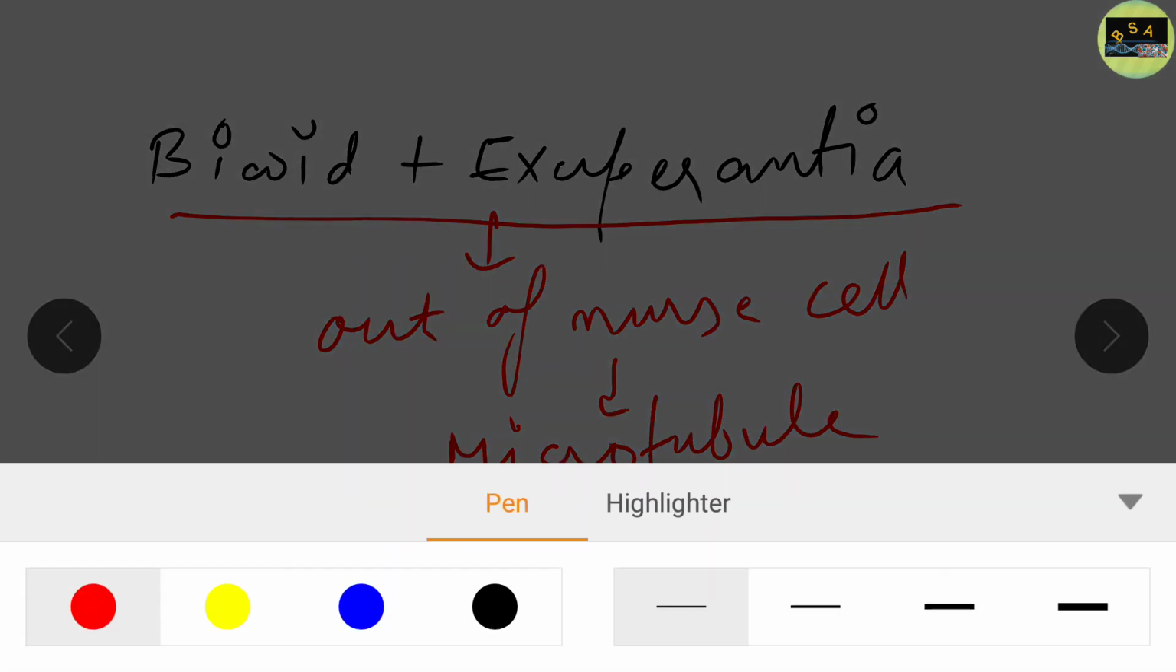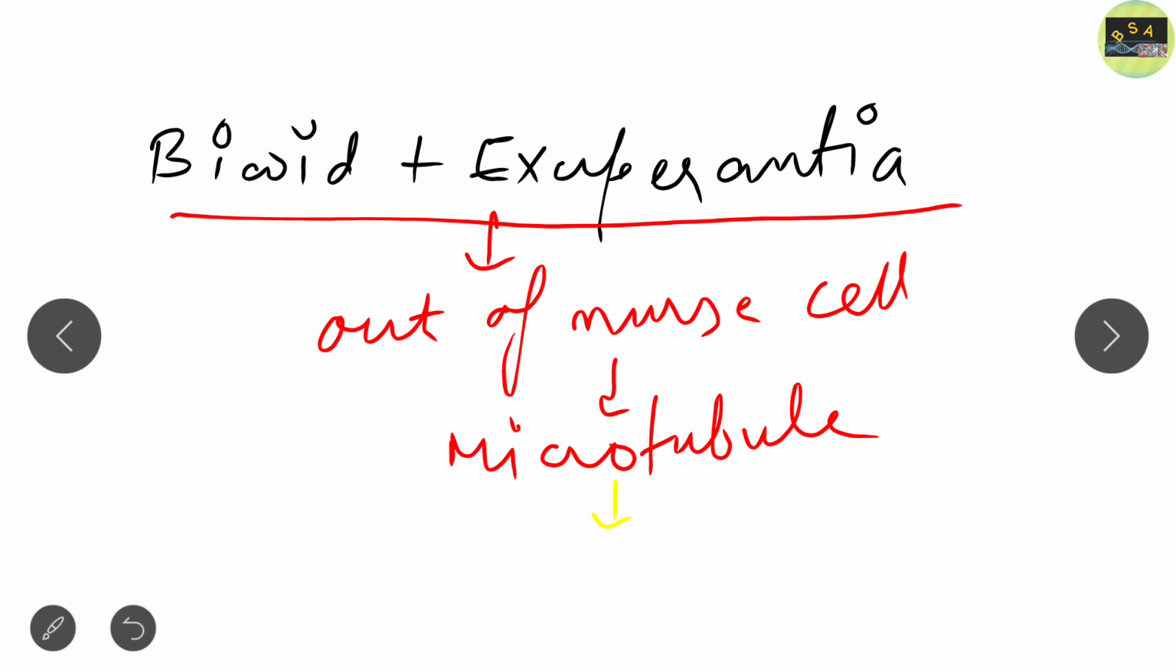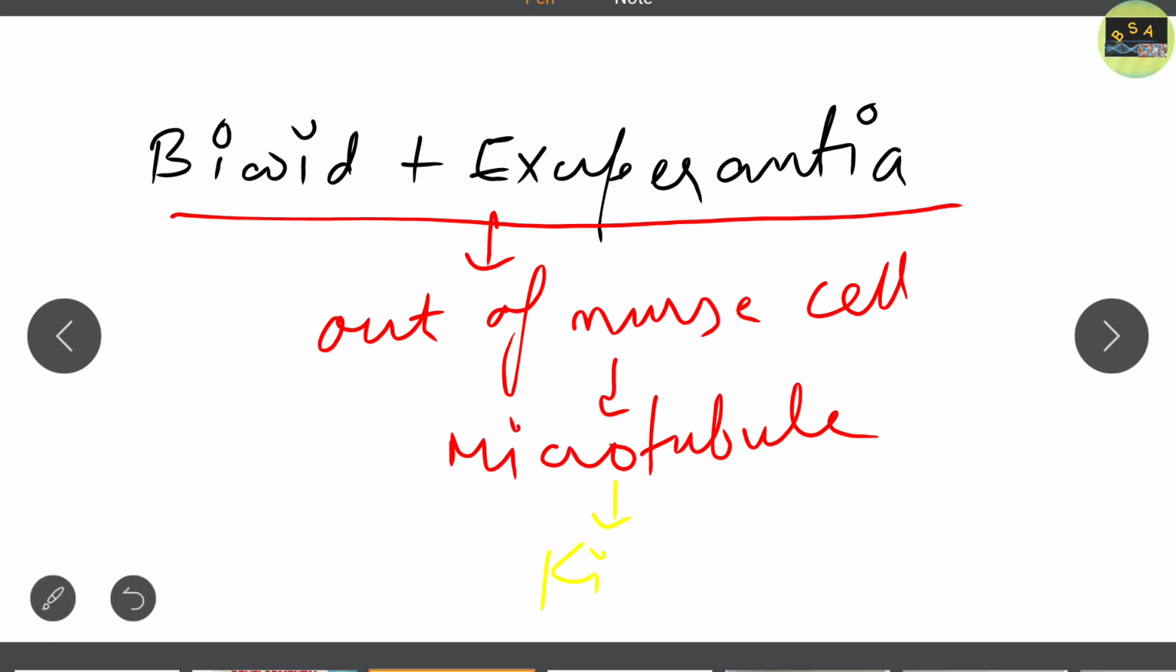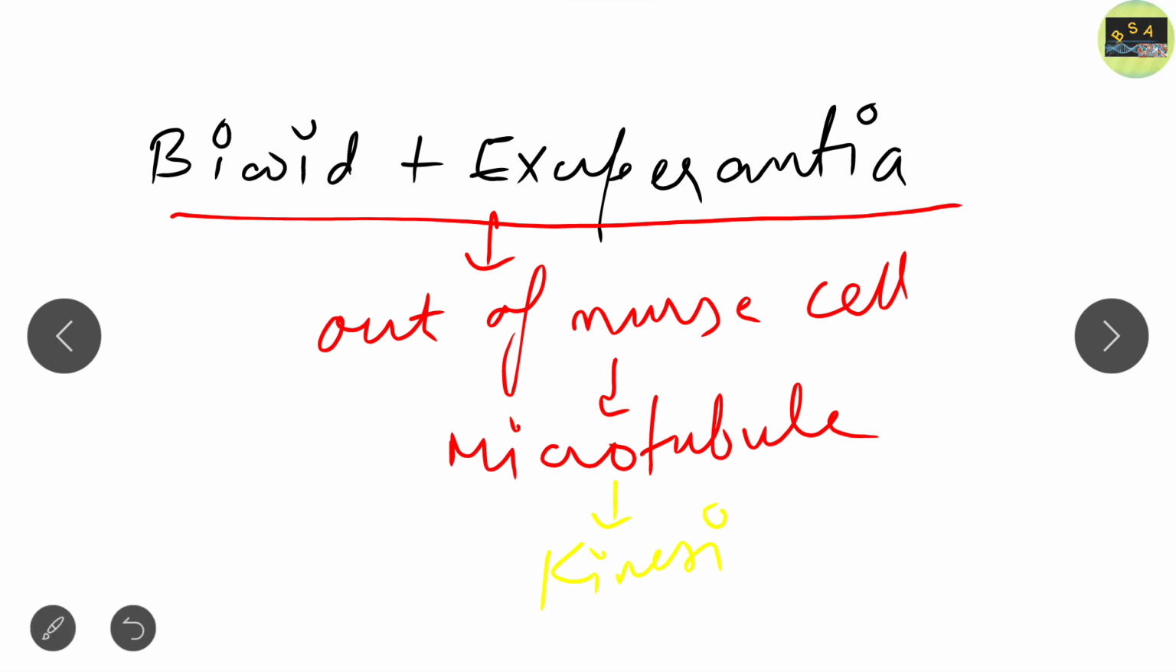Movement along the microtubule happens via kinesin ATPase, as we all know. So basically this is the concept. Now once it moves inside the oocyte,